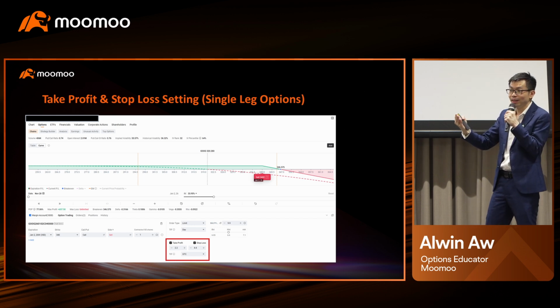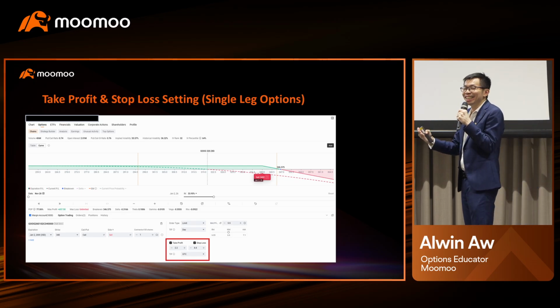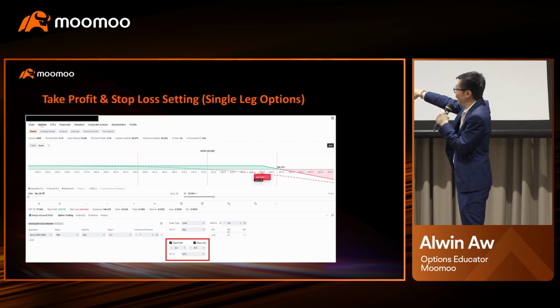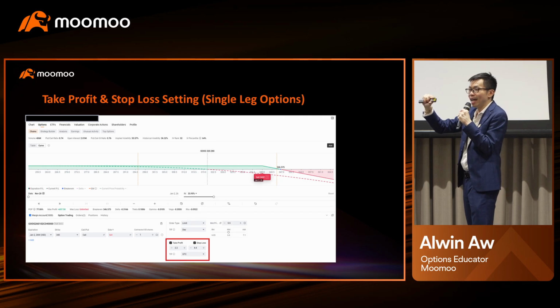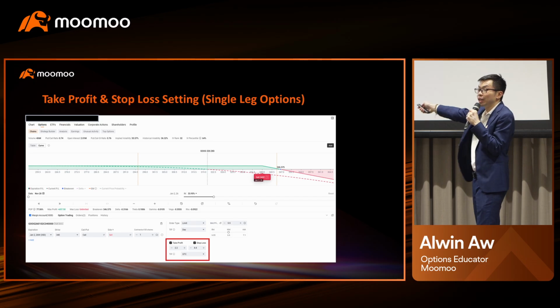Anyone knows? Don't know. Or no, too shy already, is it? So you can use your mouse cursor, move over there, use 6.6 minus 4.4, and it will show you lose an estimated up to $220, right? So your take profit is, let's say, 2.2. So then you can take profit at $330.